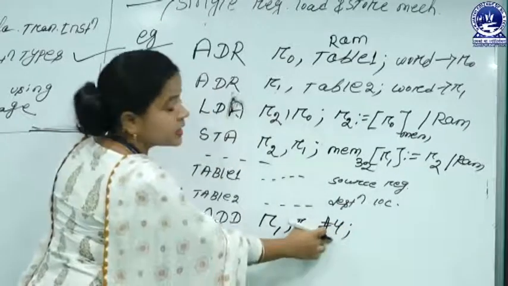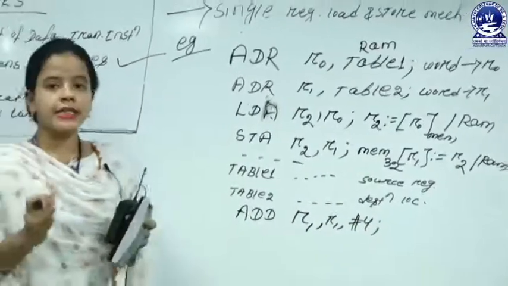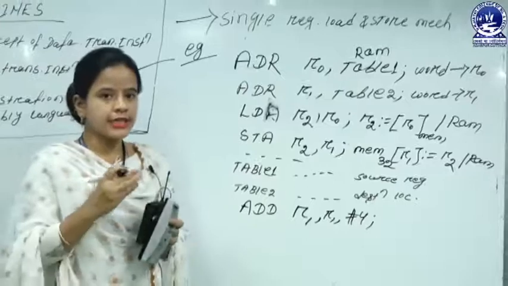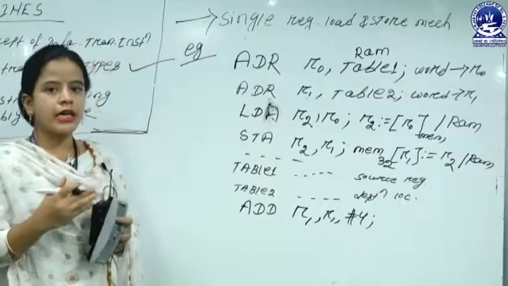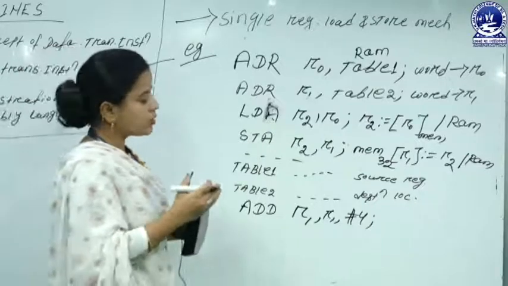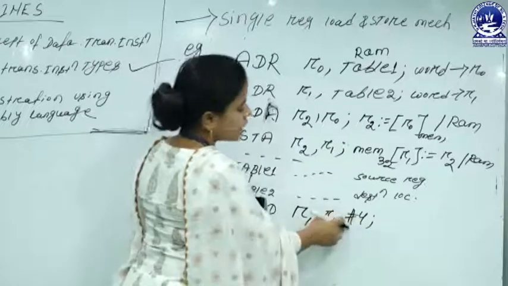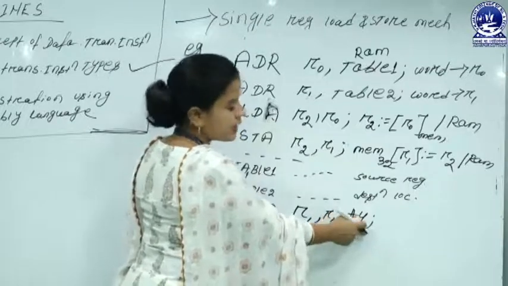So what is the meaning of #4? That means in this case, whenever we have to add some data value to the existing data value, it always has to contain what data elements. So a word in the format of a numerical value, that's your 4 byte. So we have to use the immediate 4 byte element.